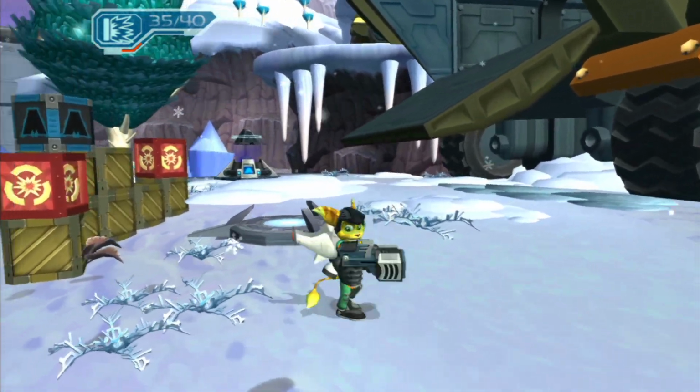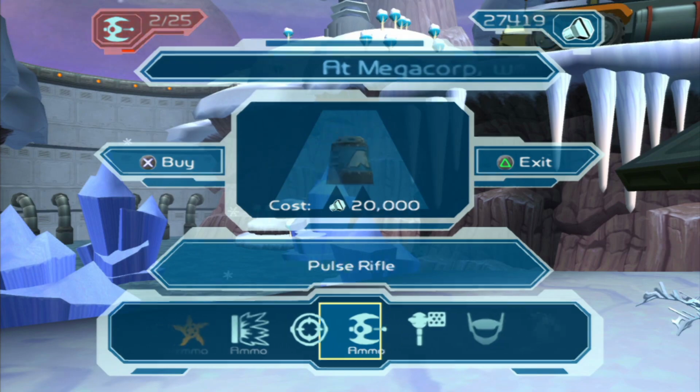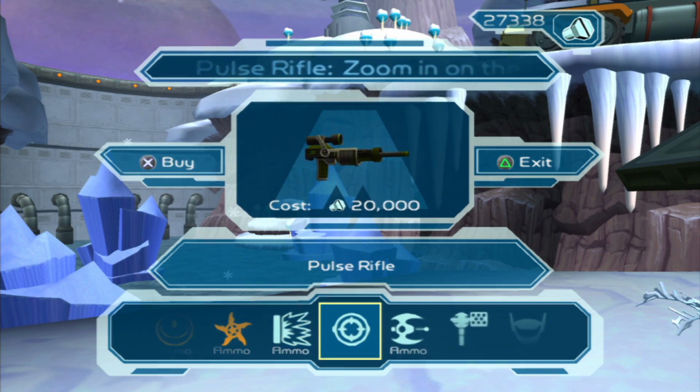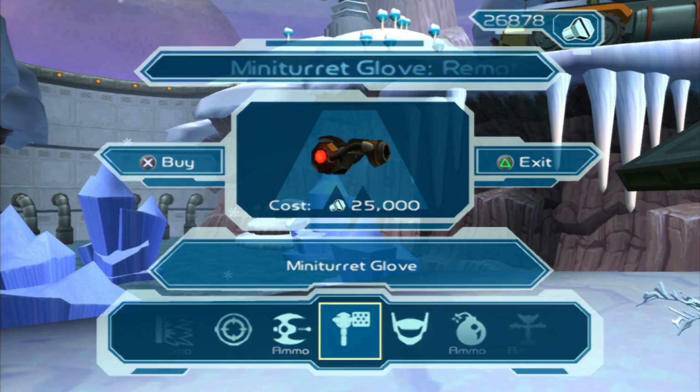Now right here is a checkpoint, or as they call it for whatever reason, a continue point, and there's also a vendor so you can upgrade your ammo, and you don't really have to worry too much about ammo in this level. Now there's also a sniper that I think I buy in this video, and the sniper ends up,